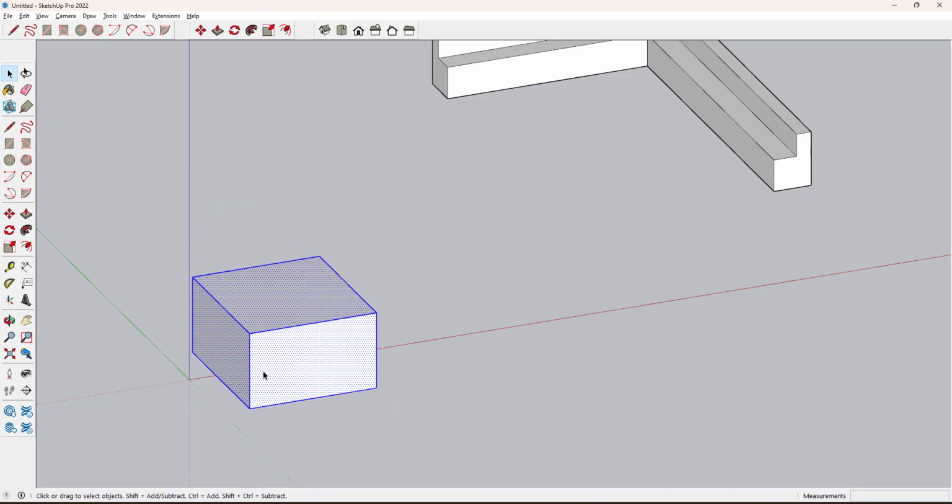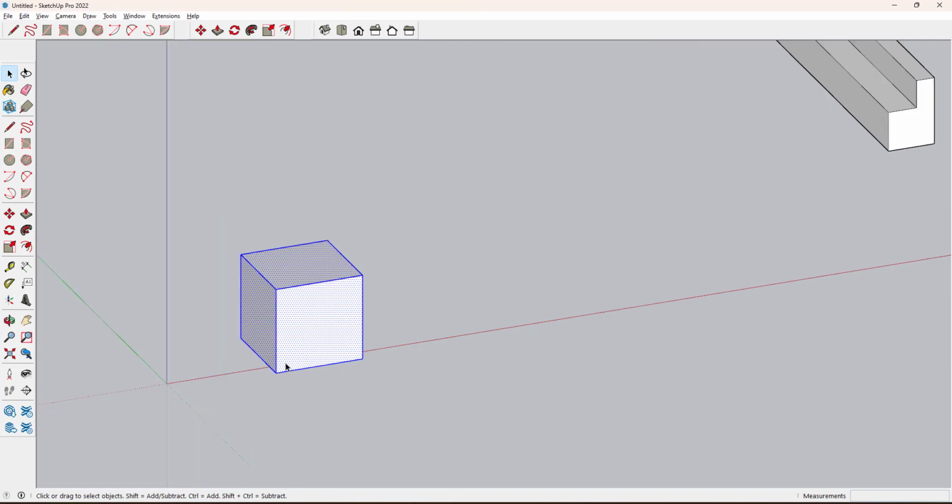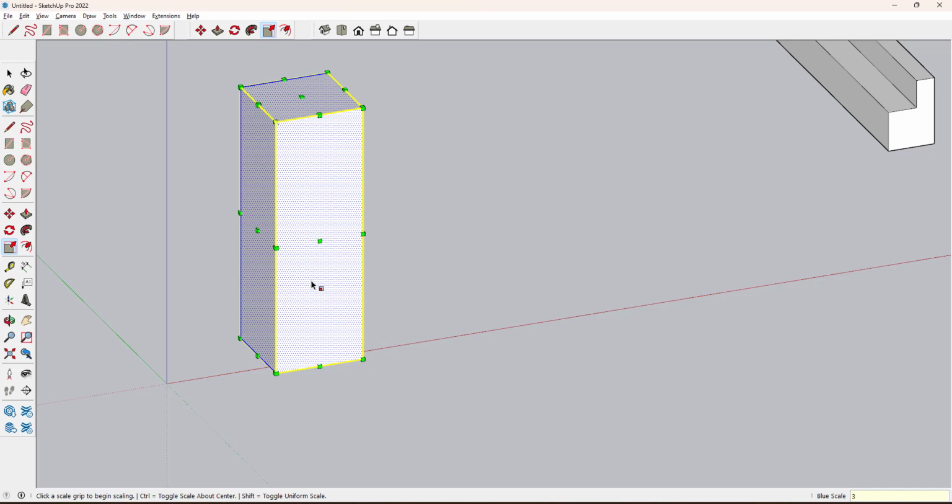I just do Ctrl Z. If I want to scale this up to 1:3, then I press any midpoint direction and then 3, enter. That means along the height, or along the y direction, I scale it up with the value of 3, and you can even reduce it like this.